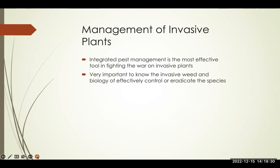So managing invasive plants is up there in all of these agencies. It can be Farm Service Agency. It can be even the Forest Service, if you graze your animals on Forest Service land, and then also within NRCS, if you have a field,